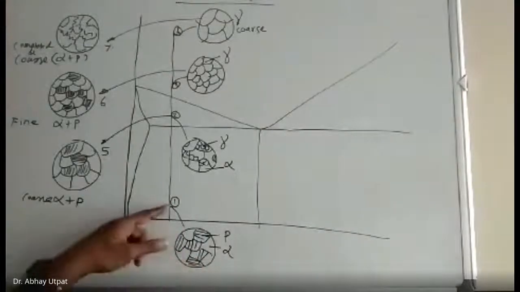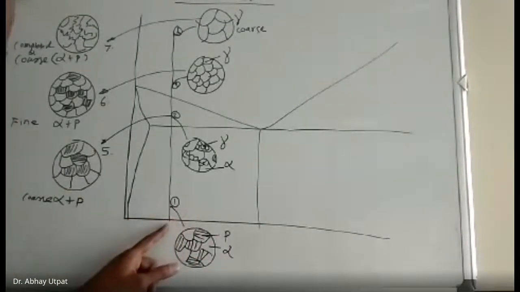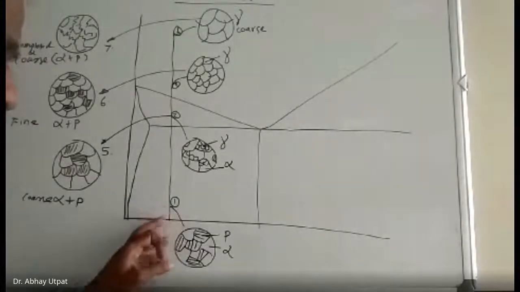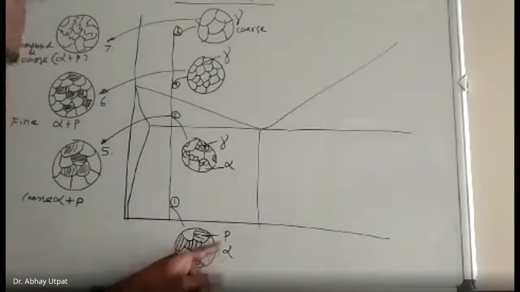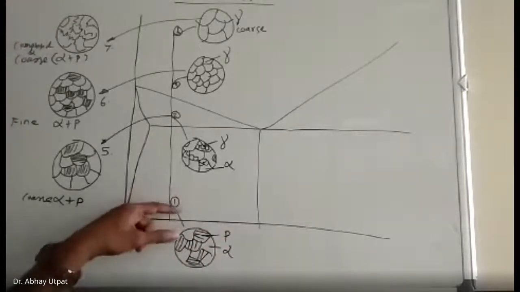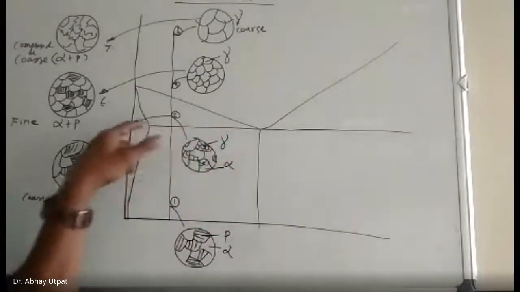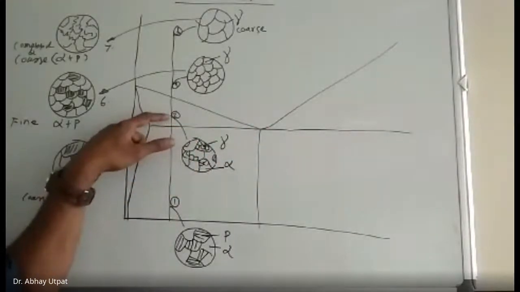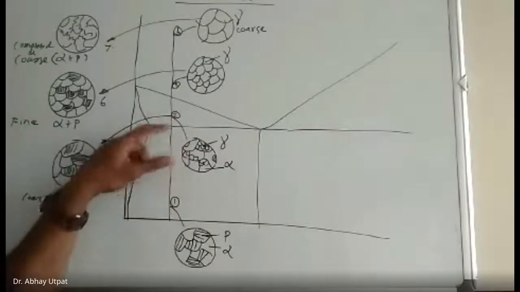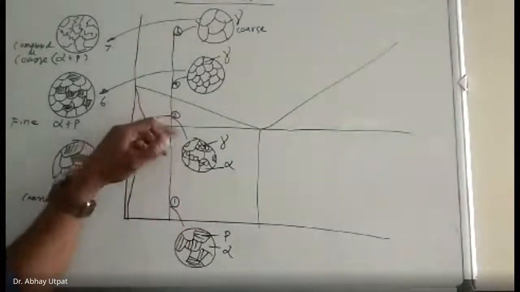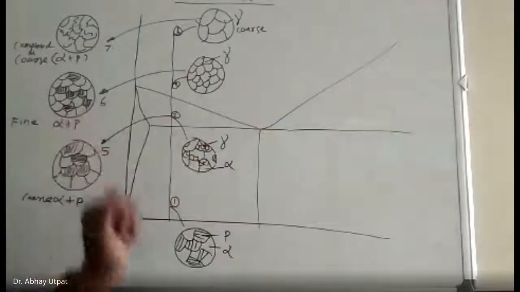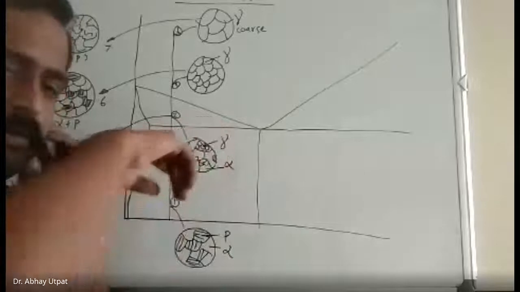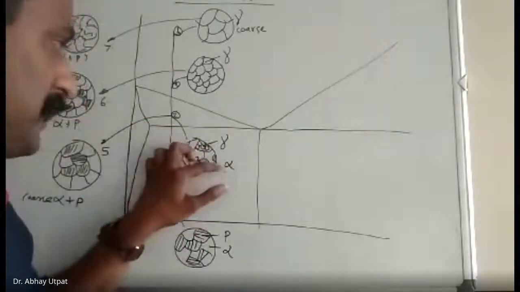Okay. Here, this is point number 1. We have taken 0.2% carbon steel. The microstructure at room temperature is alpha plus P. So if you are heating it above 727, this is a one temperature line. As soon as you cross this border, this is a 0.2. At 0.2, alpha remains alpha. P is converted into austenite. So last time I told, wherever there is a perlite, that is converted to austenite. So we have shown alpha plus gamma.